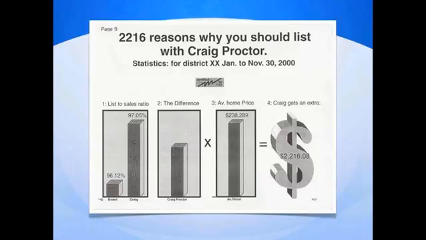Yeah, very good point. And I want to add something else that you could also do. James is saying you could go in there and you could dictate the time period, right? So you could say, well, what's my list to sales ratio look like over the last 3 months, or the last 6 months, or the last year? Pick the time period that best suits you. But you could also search by price range. So maybe in homes over $500,000, my days on the market are far better than the average realtor, okay? Or my success ratio is far better than the average realtor.